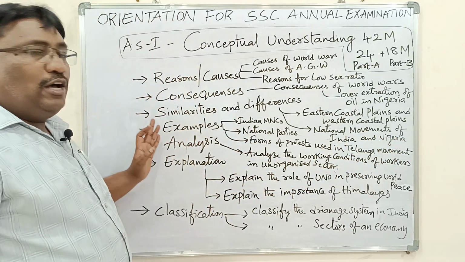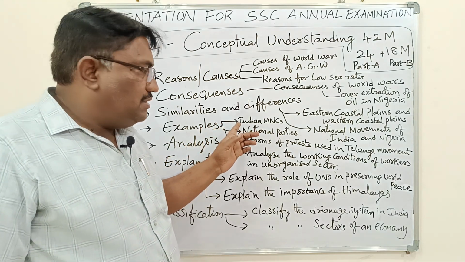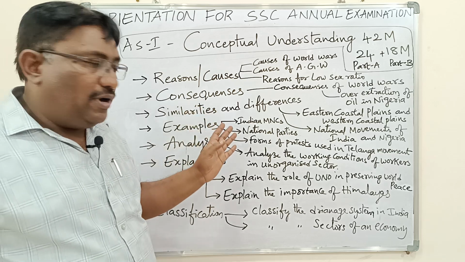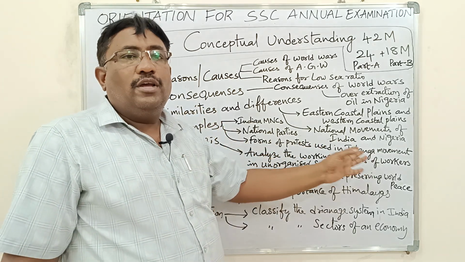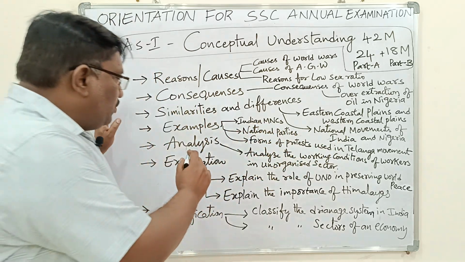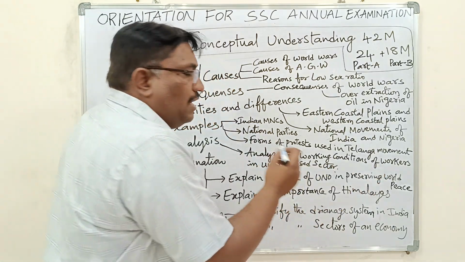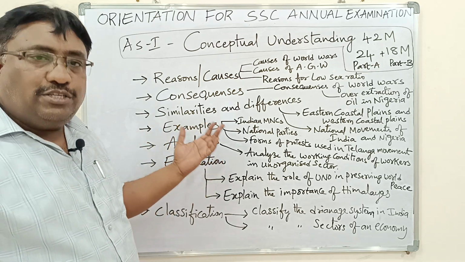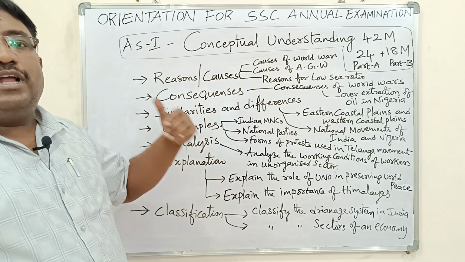Next, coming to the examples, we have many examples, like give examples of Indian MNCs, give examples of national parties, give examples of regional parties, give examples of forms of protest used in the Telangana movement, give examples of Indian electropolis, like these questions. Coming to the analysis, analyze the working conditions of the workers in the unorganized sector, analyze the problems of urbanization, analyze the problems of the migrants who went for work abroad, to other countries,